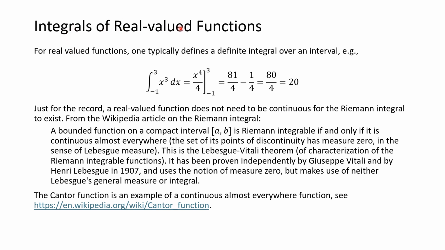From real valued calculus, we know that the integral is evaluated over an interval, in this case -1 to 3 in our example. So we take the antiderivative of x cubed, which is x to the 4th over 4, and then we evaluate it at 3, and then we subtract the value evaluated at -1, and we get 20 for our answer. So the reason I'm doing this here is both as a review, but also as sort of a prelude to what we're going to get into with complex